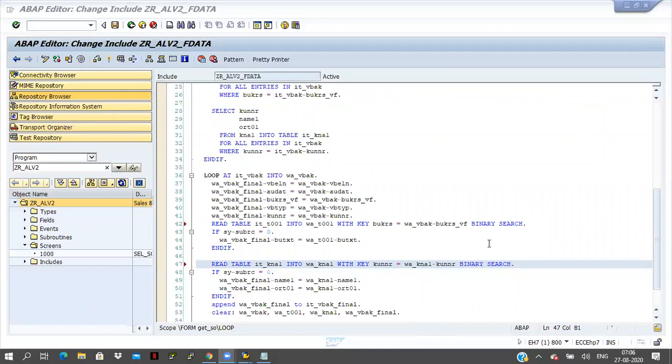See, I have some data, numbers 1 to 100. I am reading the data for 52, and 52 is available in the 52nd row. If you don't write binary search, this is a linear search: one by one it will search the first row, second row, third row like that. So it will read 52 lines here. If I use binary search, then what will happen?